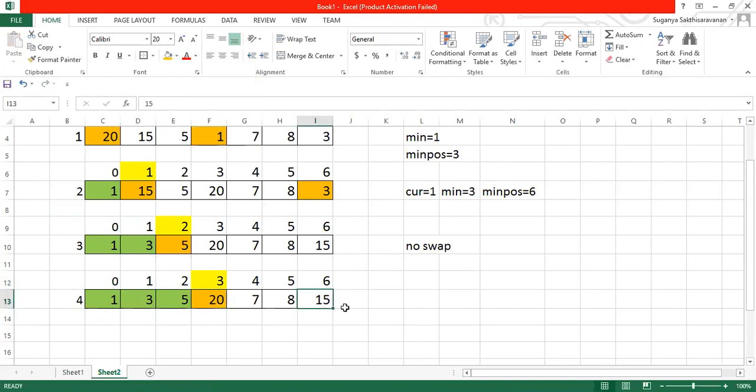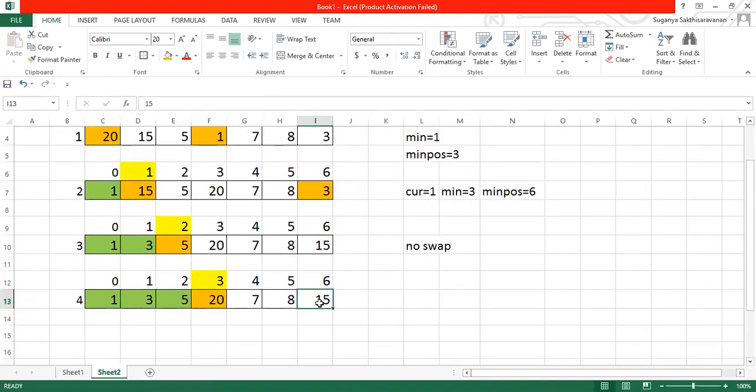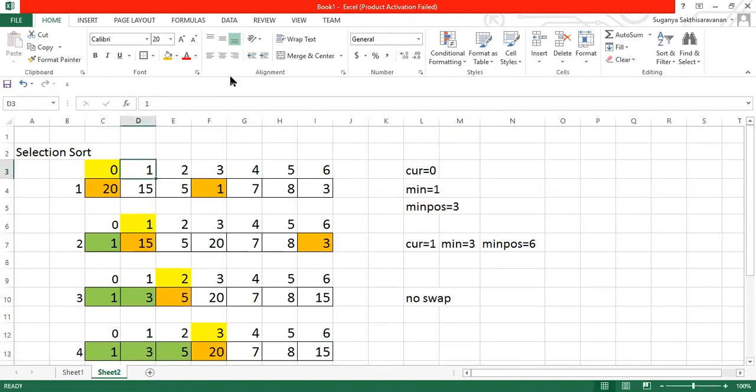You want me to repeat it again? Those who want to repeat it again, listen carefully. I'll repeat it. There will be a list of values, a non-sorted list, and you are going to sort it. In selection sort, we are going to find the minimum element position and swap it with the appropriate value. Initially, a cursor will be at the 0th position.